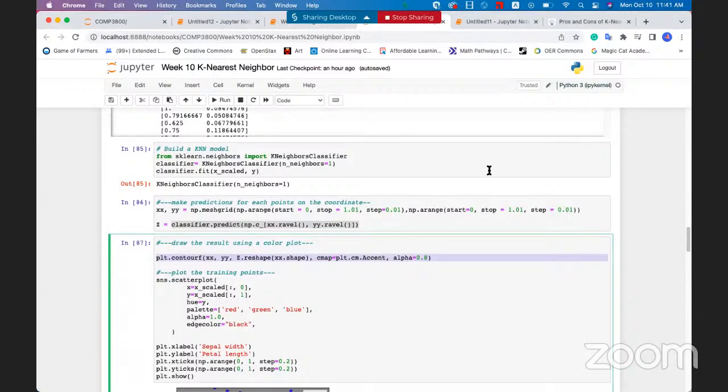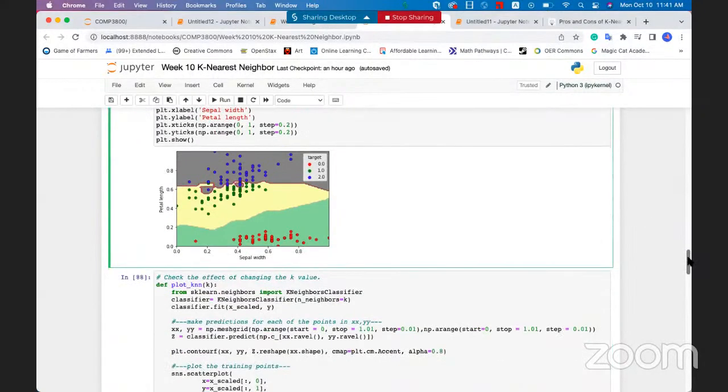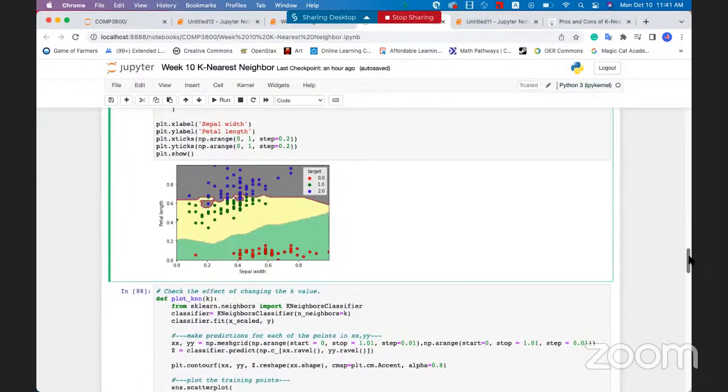So what would be the problem with this map? We will look into this map. What do we find? Okay, it's roughly divided into 3 areas. However, these dots, these are outliers. Okay, outliers from this group, and it have affected this result. And this dot, it falls into this area, but it will be classified into that area, right? That species. So these are, when k equals 1, these outliers